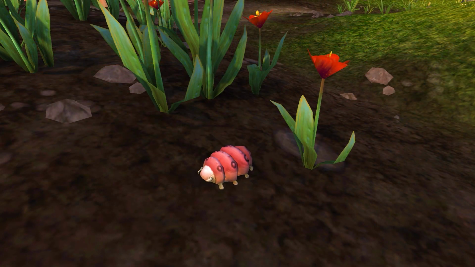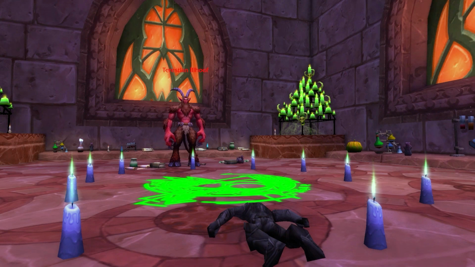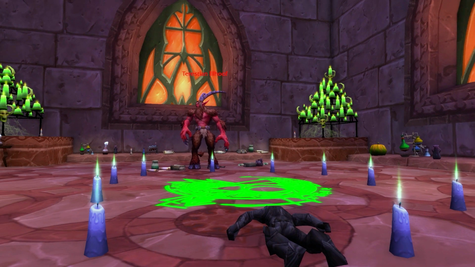An Imperial Silkworm. He is a drop from the Tailoring Daily in Pandaria, and he can be found on the auction house for around 150 to 500 gold, depending on your server. The Fetish Imp, a drop from Illhoof in the Karazhan Raid. If your RNG luck isn't that great, he can be found on the auction house for about 1k to 11k,